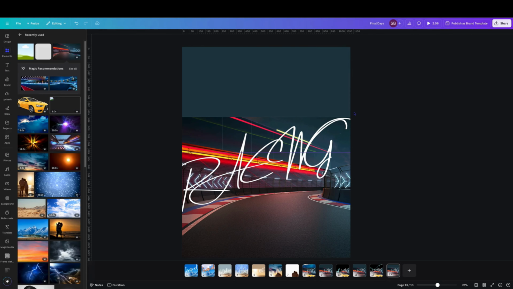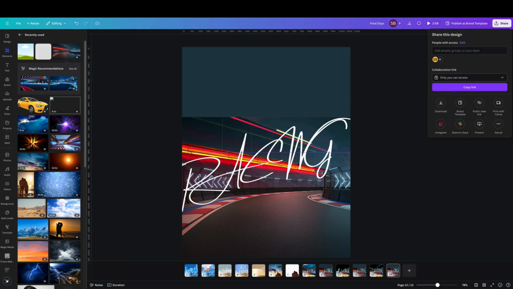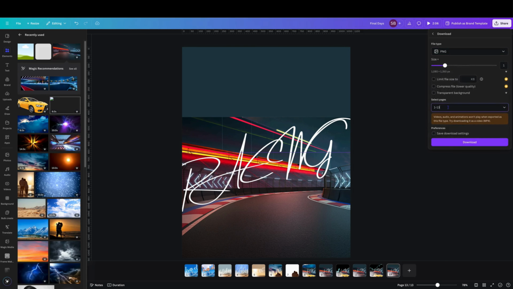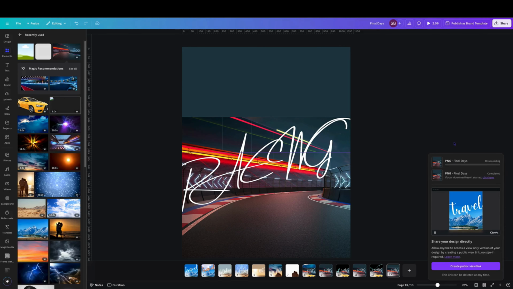Now that we've got that, we need to download it. So we go over to download and just leave it as a PNG. Make sure that you choose the right image. Go download. When that's downloaded, you want to bring it back into Canva,